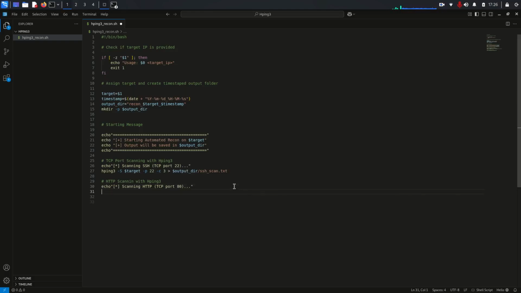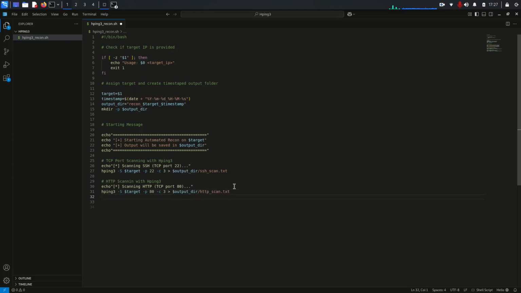Here we have the command again: hping3 tag S, then the target, and then you have to give the port. Let's say the port is 80, and I want a count of 3. We output into $output, the file inside, and I put http